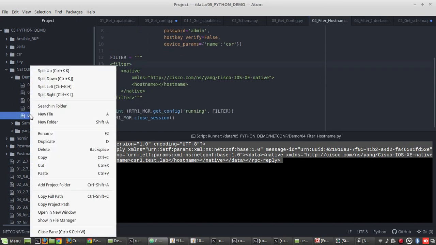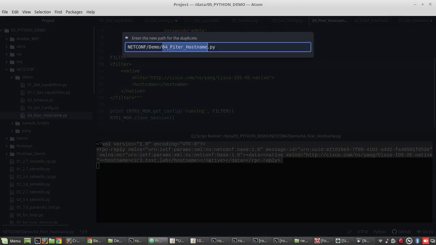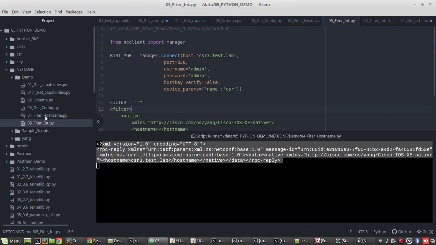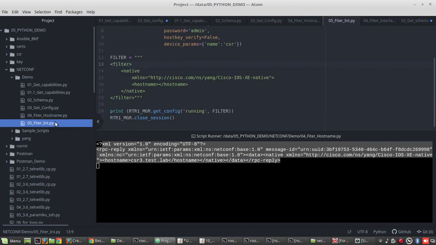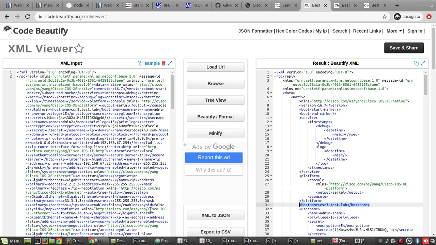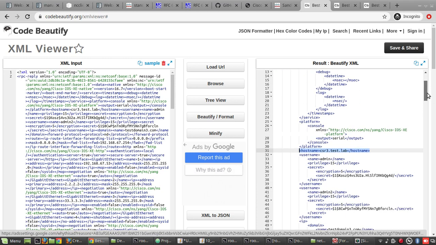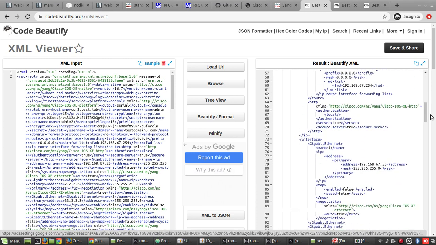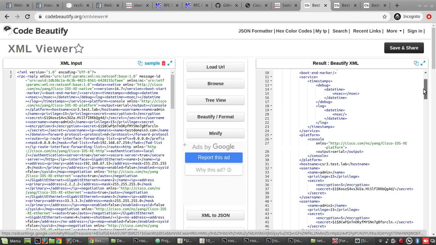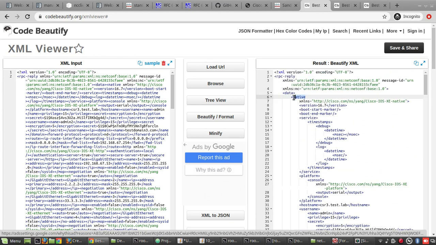So for that I'll create a copy of this, 05 filter interface. Now we'll go to the complete configuration and see where the interface configuration is placed. If we come down here, we can see interfaces. It is under native.